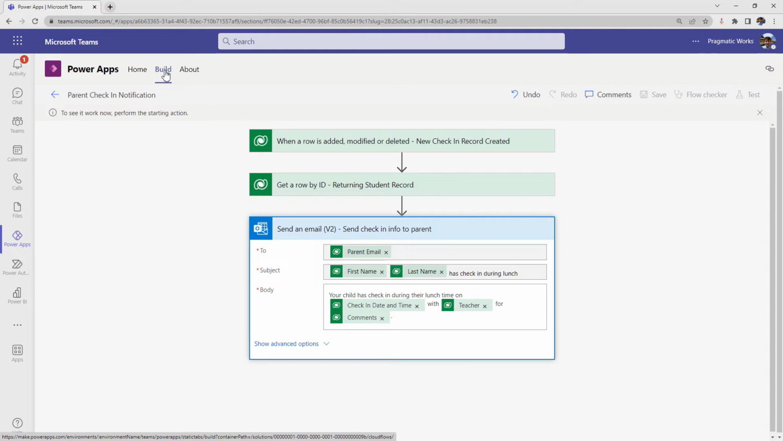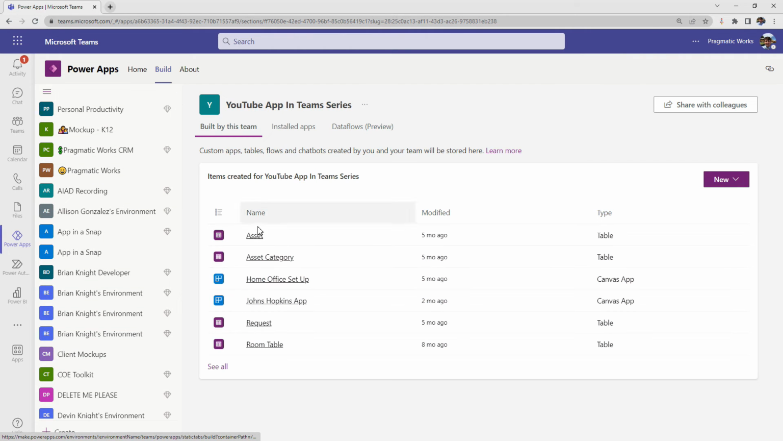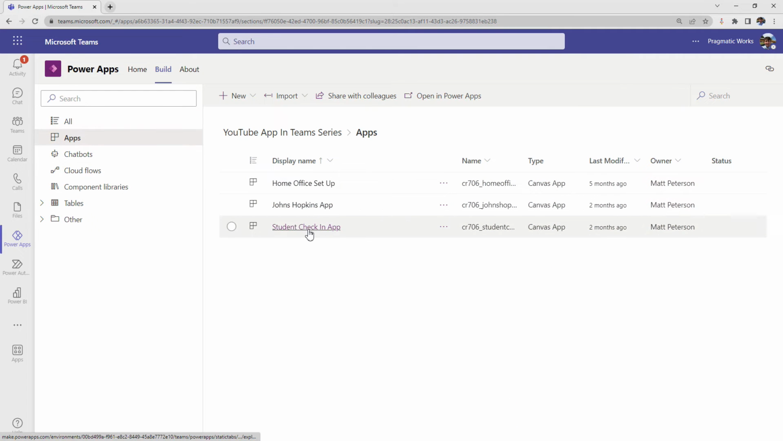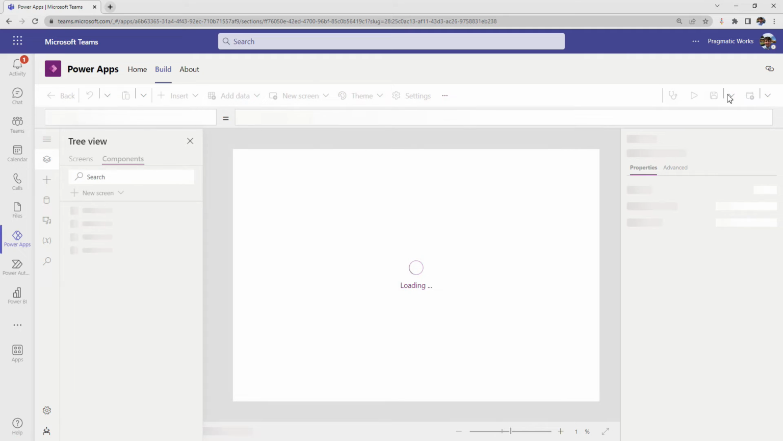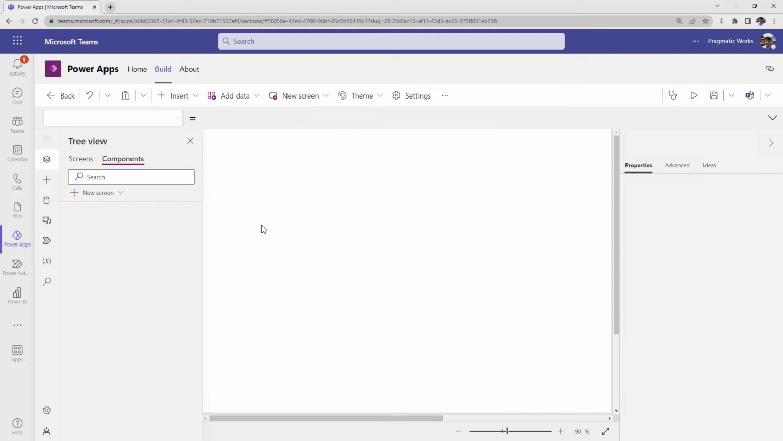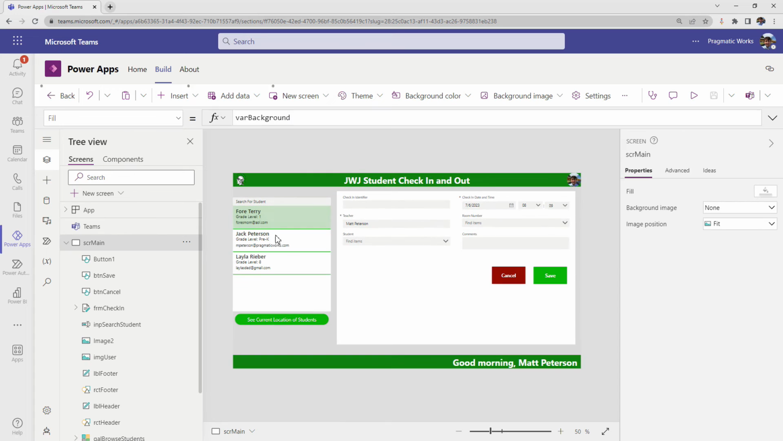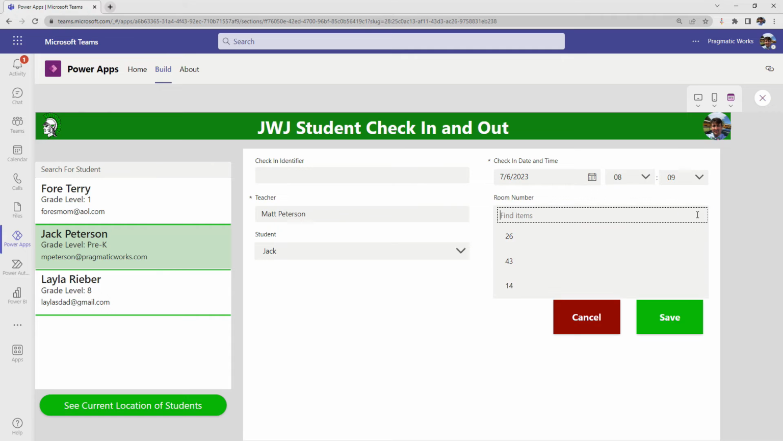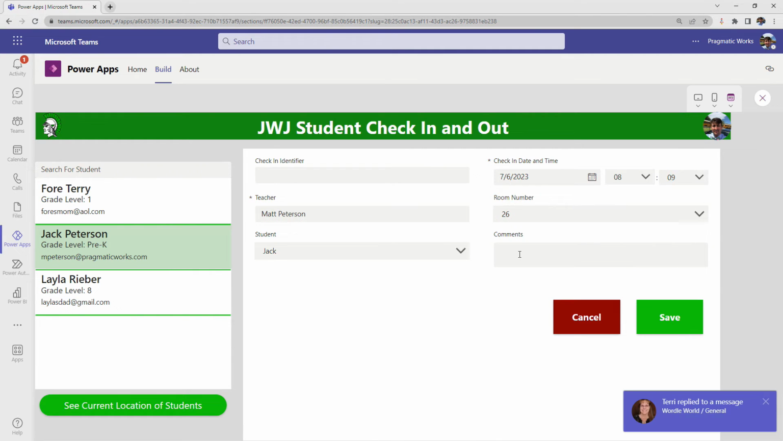Now that I have the test going, I'm going to go back to my build section so I can get back to the application itself. So let me come over here to see all of my apps. I'm going to go to my student check-in app, and then I'm going to hit play. Now for these three students, we put in some sample emails in one of our earlier videos, and one of them I did was for my son Jack. I put my email address in. So I'm going to make a check-in for Jack Peterson here. So I'm going to choose Jack Peterson, check-in date and time. I'm going to choose a room number, and then I'm going to put in comments,